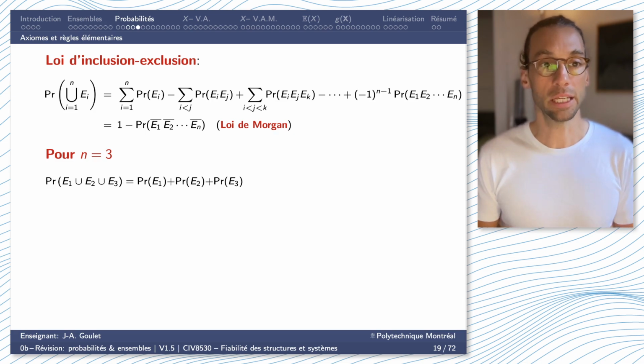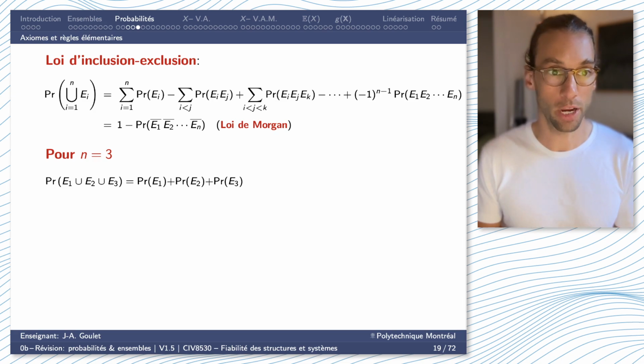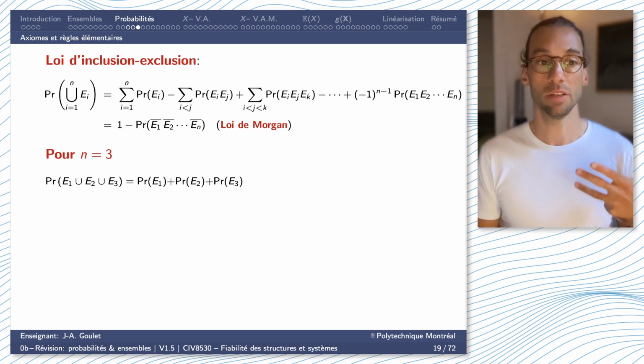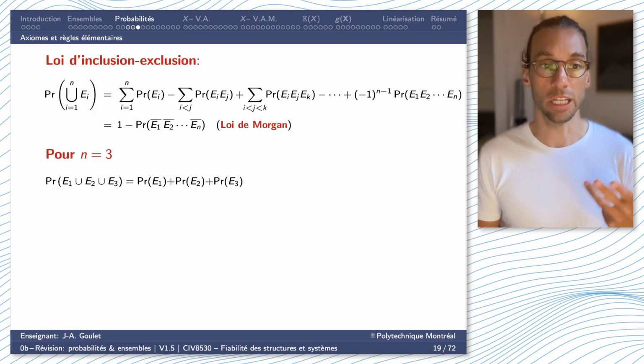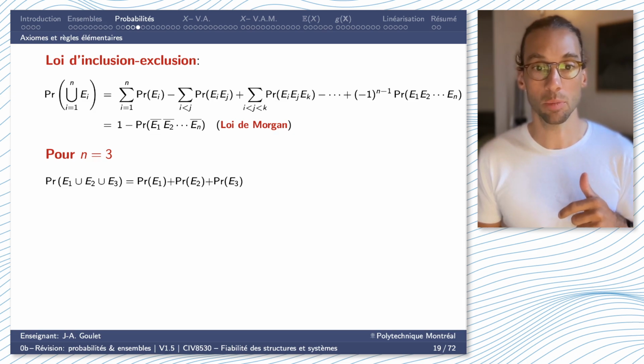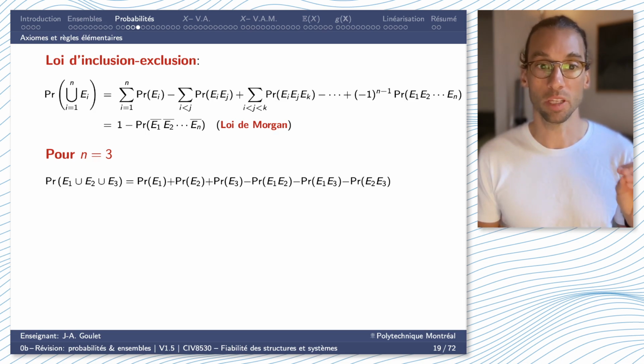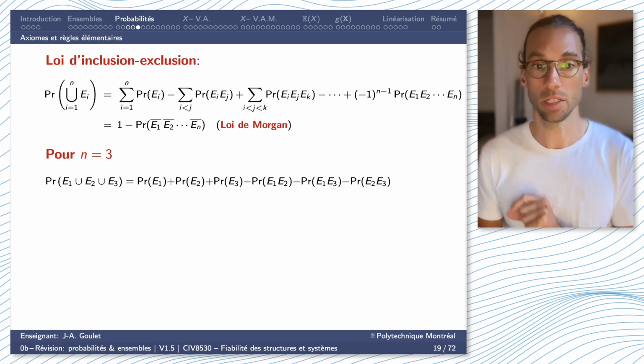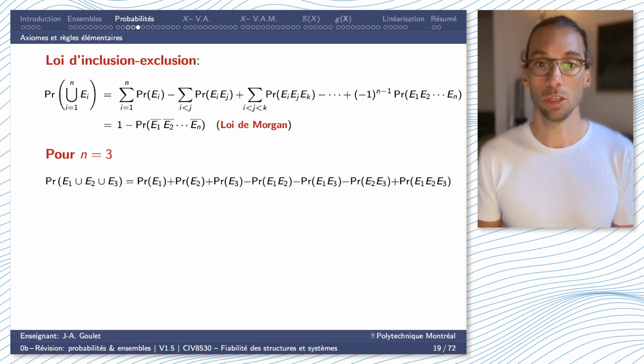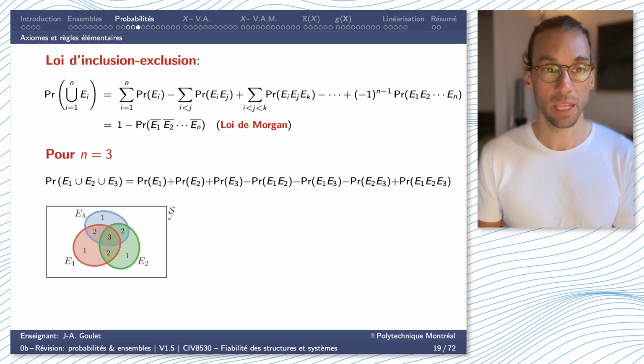So if we look at this inclusion-exclusion rule for a simpler three-term operation, we want to express the probability for the union of E1, E2, and E3. I'm going to start by summing the probability of each event individually. Then subtract the probability of the intersection for all three possible pairs, plus the probability for the intersection of the three terms together. And we can see, when we do this, that if we have events E1, E2, and E3,